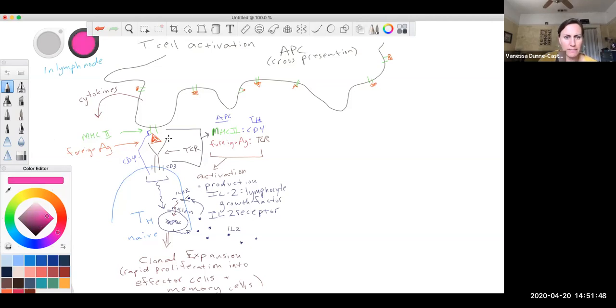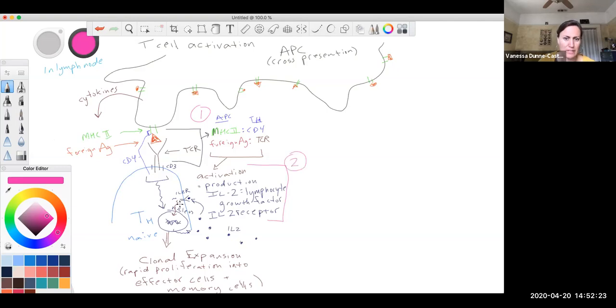Okay, so if this interaction here, where MHC class 2 presenting an antigen is recognized by the CD4 co-receptor, and a perfect match is made between the variable region of the T cell receptor and the foreign antigen, this essentially would be step 1, this engagement here, right? So 1 is this interaction. This leads to this whole cascade reaction, the activation of this T helper cell. So we're just going to say all of this stuff here would be step number 2,